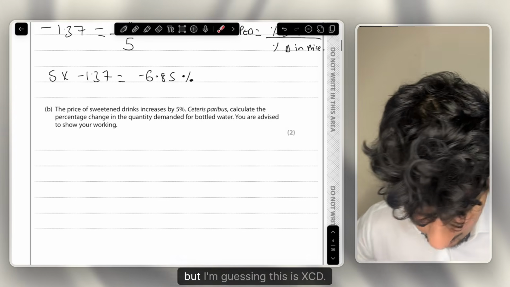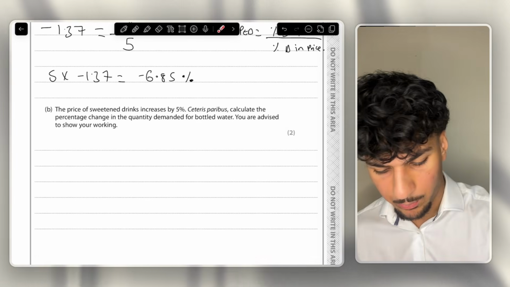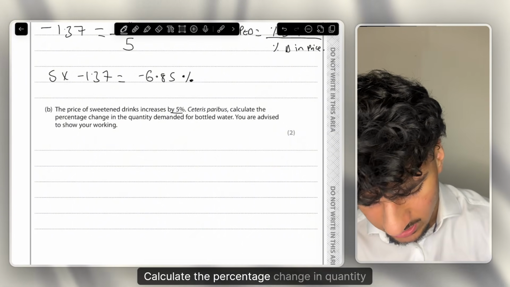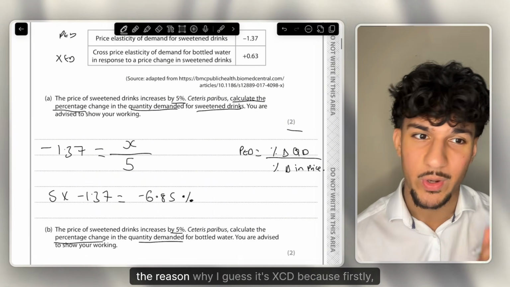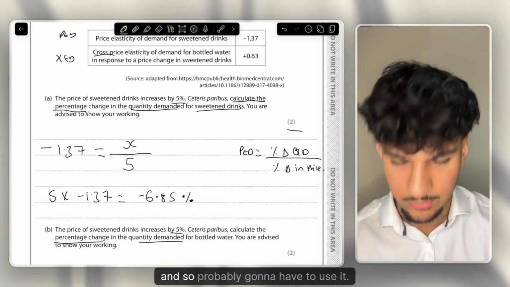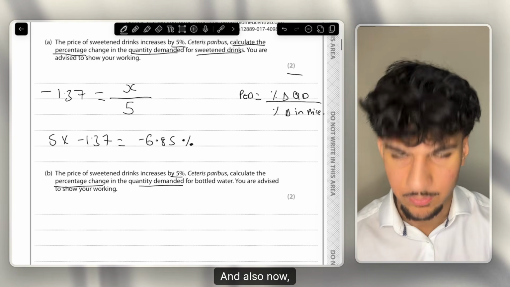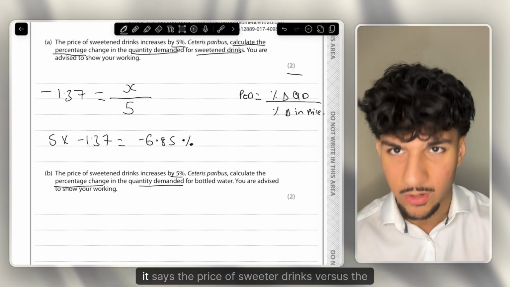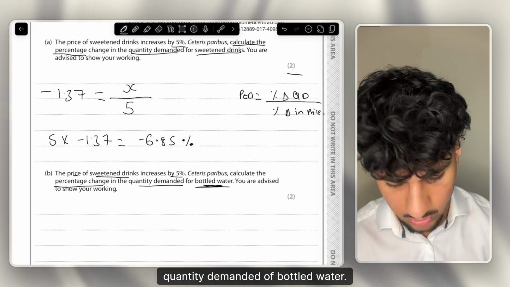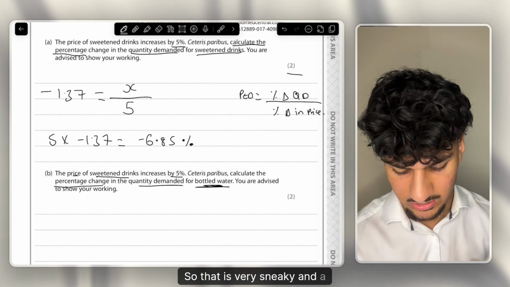It looks similar, but I'm guessing this is XED. But the price of sweetened drinks increases by 5%. Calculate the percentage change in quantity demanded. Okay, the reason why I guessed it was XED, because firstly, we're given an XED value, and so we're probably going to have to use it. And also now on second reading of the question, it says the price of sweetened drinks versus the quantity demanded of bottled water. So that is very sneaky and